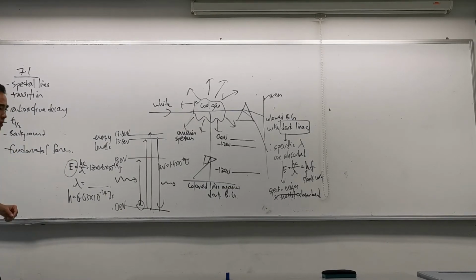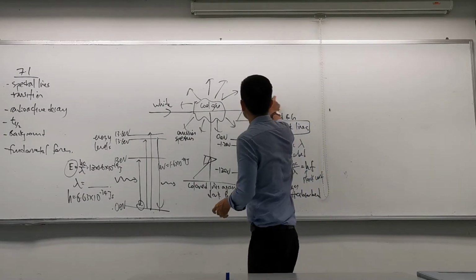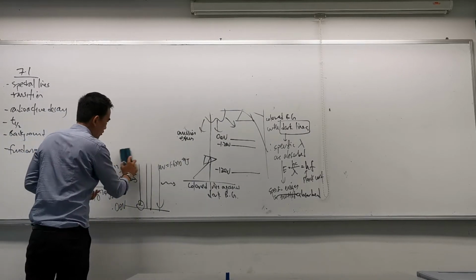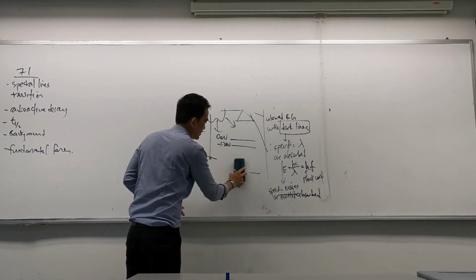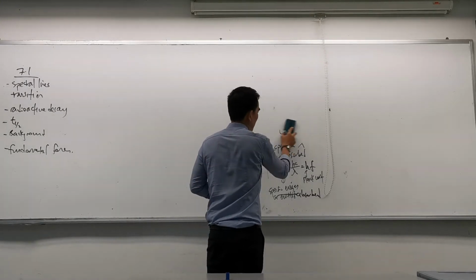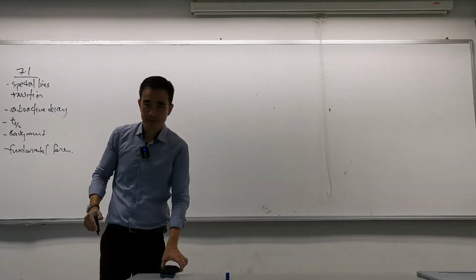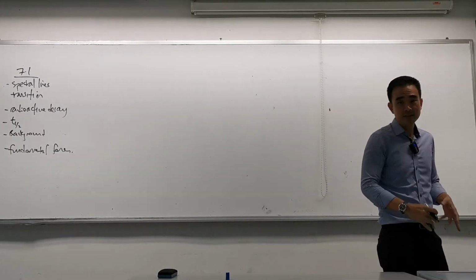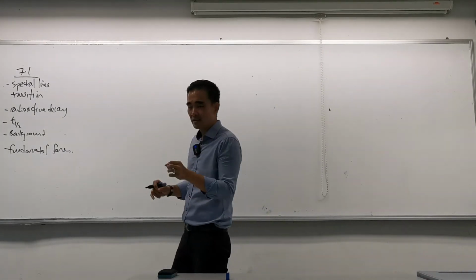All right, so let's go on to the next part of 7.1, which is radioactive decay. Now, decay is something common in our daily life. If a building is too high, too narrow, too thin, the building will collapse. Or if you build any structure that is unstable, it will collapse. So anything that's too big, too heavy will tend to collapse on itself. And this is exactly what happens in radioactive decay, just that it doesn't happen at the scale of the building, it happens at the scale of the nucleus.